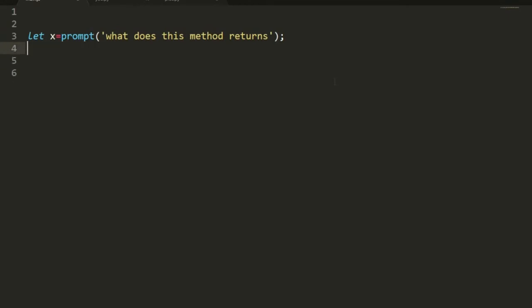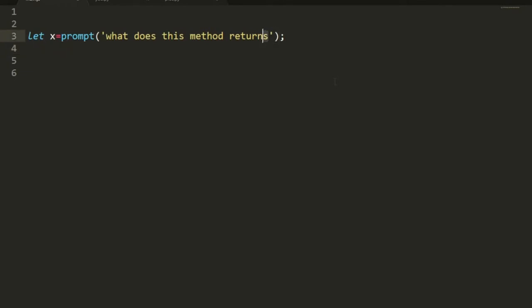So how can you convert this string into a number, or into a boolean value like this? We'll try to explain this.